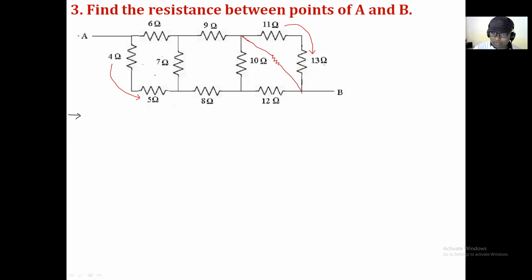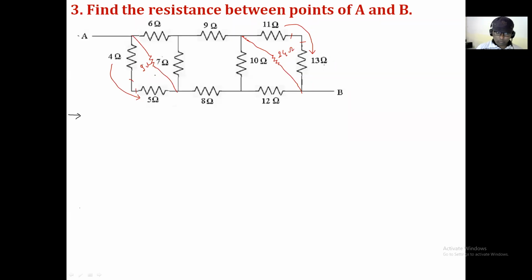Now this 11 plus 13. So can I write it down? It's 24 ohm is the resistance. These two branches will be removed and this new branch will come here. Is it right? Similarly, this 4 ohm and this 5 ohm, they are also connected in series in between these 2 points. So let me replace it with the resultant resistance in between these 2 points, and that is nothing but 9 ohm. So these two branches will be removed and the new one branch will come here.